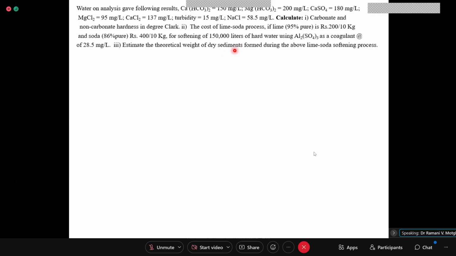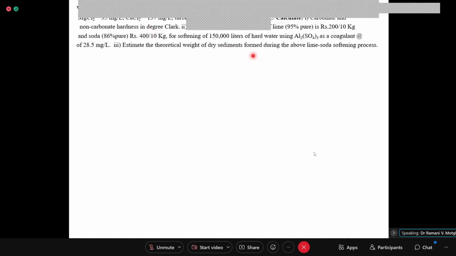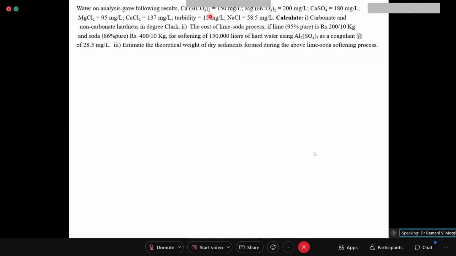So what does sediments mean? What all precipitate is forming, and that is your magnesium hydroxide and calcium carbonate formed when you are treating water with this particular analysis. ठीक है, प्योरिटी फैक्टर आपको पता है, कॉस्ट भी आप निकाल लोगे। तो ये है 150,000 लीटर्स वाटर को अगर आप ट्रीट करते हो तो उसमें से कितना सेडिमेंट स्लज बनेगा वो आपको कैलकुलेट करना है, ठीक है? तो दैट इज द ओनली न्यू पार्ट।